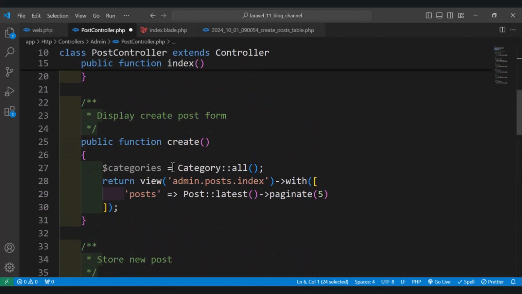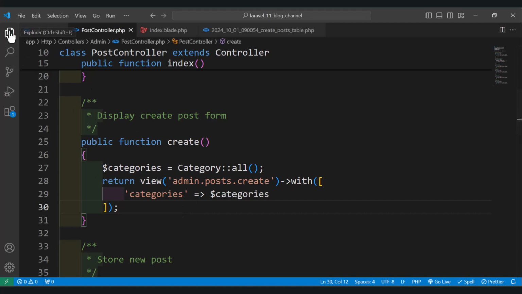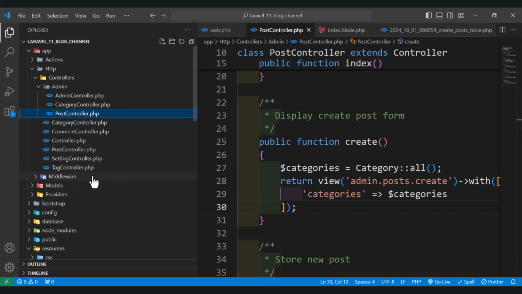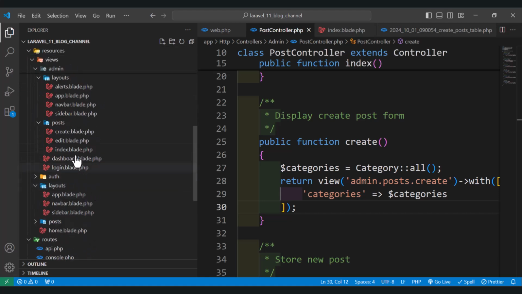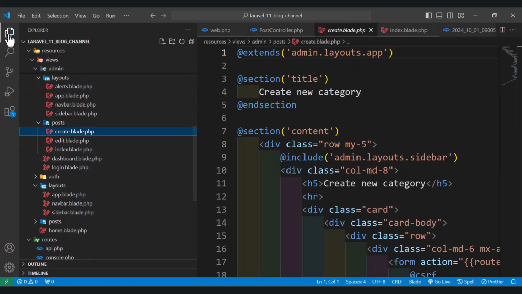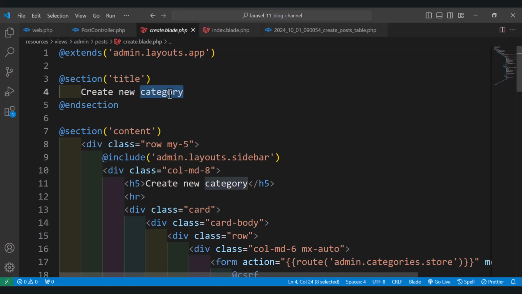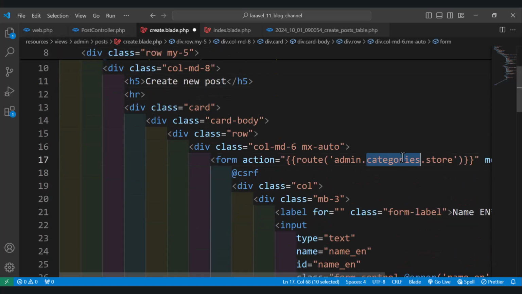Where is the create? So here it is. Here we need to return the user to create with the categories, and we send the categories here. Okay, so now we have the categories. Let's move to the form. In the form we have already added create, which is this one. So let's change it to create new post, and here to new post also, and the route will be